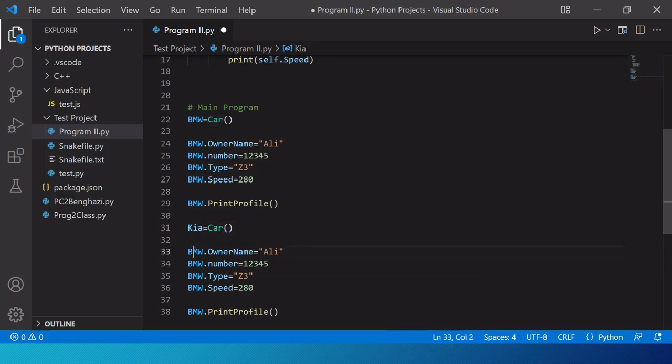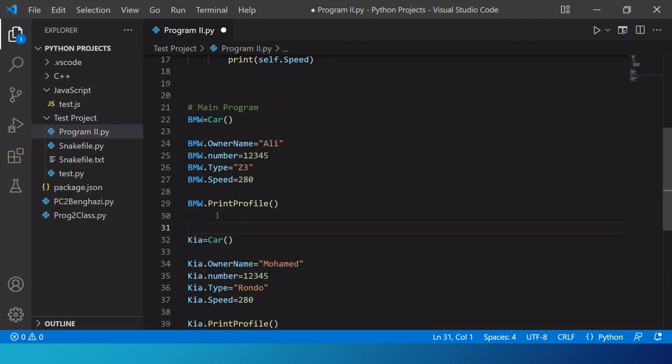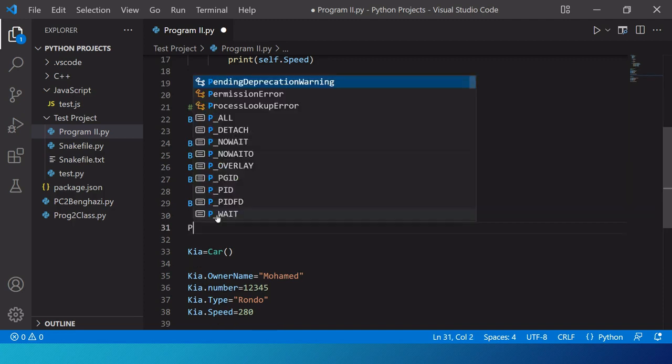Kia. Here I will say Kia Rondo, for example. The speed must be 220, and the name of the owner is Muhammad. Okay, so here I will print the information also for the Kia. I will make a separator here. So here I will say print